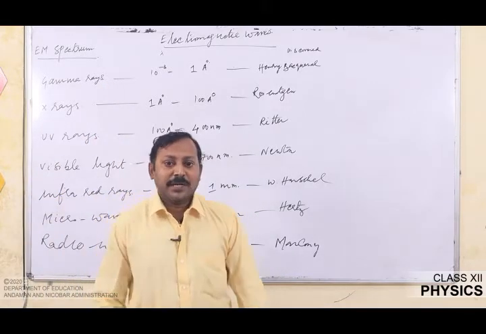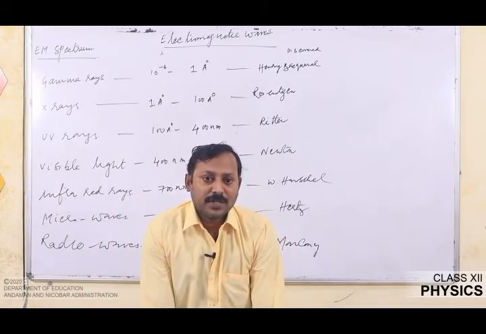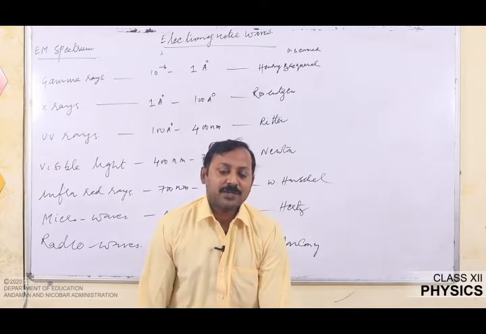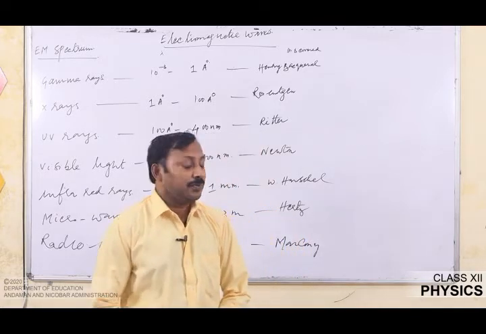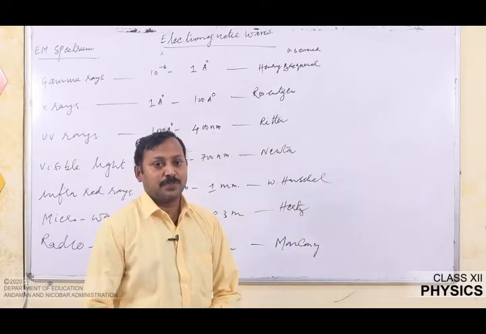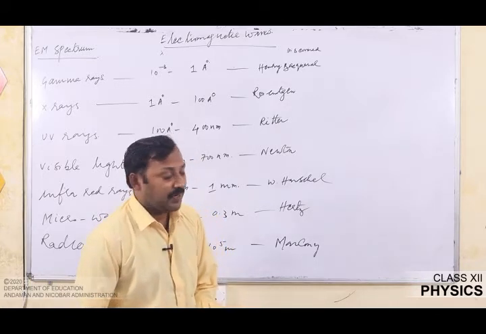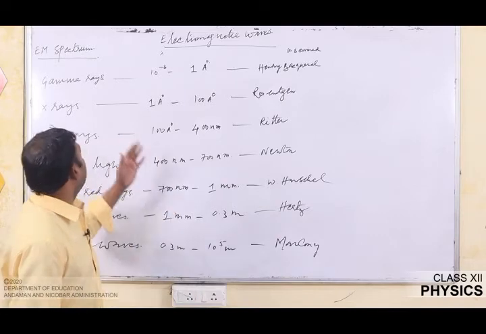The meaning of electromagnetic spectrum is that the electromagnetic waves are classified according to their wavelengths, frequency and uses. So, the classification of electromagnetic waves into groups of waves with specific applications is called the electromagnetic spectrum. They are classified as follows, which are written on the board.